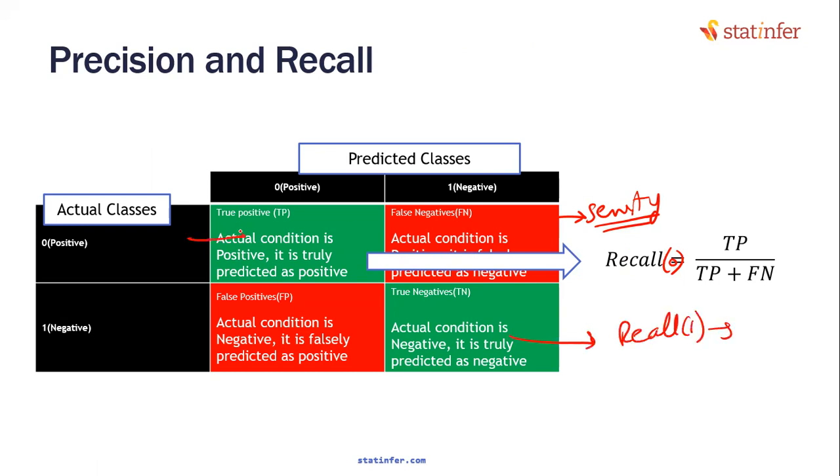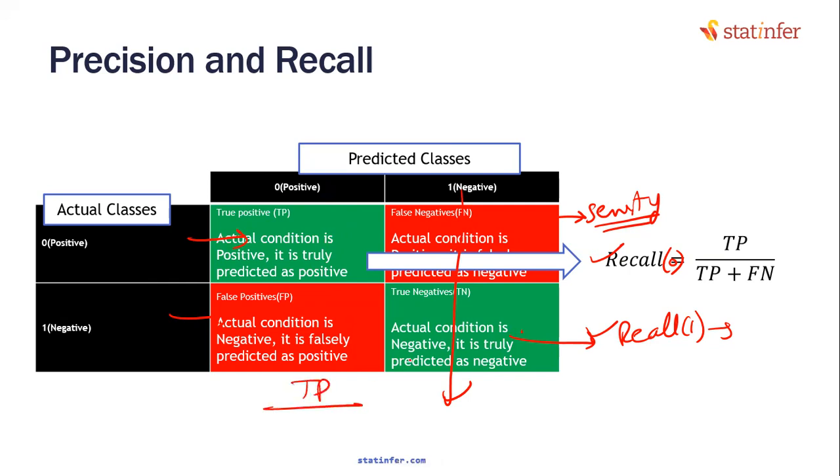So if you find the row-wise accuracy, this is known as recall of class 0 and recall of class 1. You can also find accuracy column-wise. Within all predicted 0, how many are actually 0? Tell me the column-wise accuracy. That means you have predicted all of them as 0. Out of them, how many are accurate? What is the column-wise accuracy?